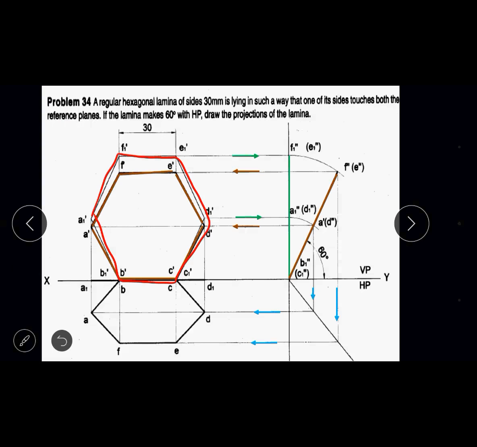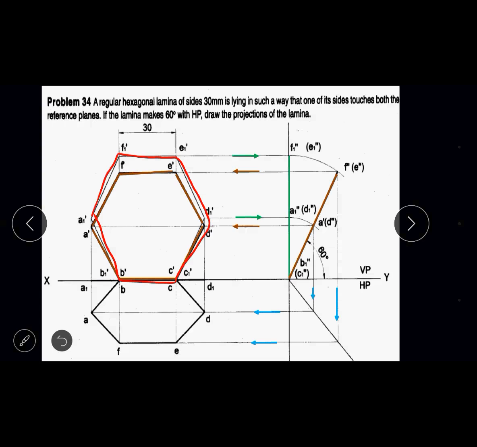So the regular hexagonal lamina I have shown with red line, and the irregular hexagonal lamina I have shown with brown line. So in the first step you will be constructing regular hexagonal lamina, that is the red color lamina you will be constructing normally. So construct this hexagonal lamina under normal, that is the corner resting position, and after constructing you draw the XY line. Before constructing hexagonal lamina, don't draw the XY line. Draw the XY line after constructing the hexagonal lamina.